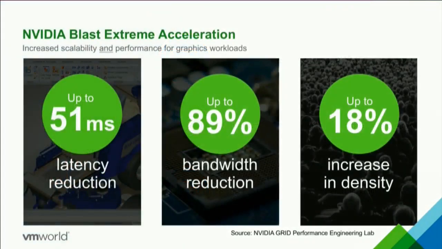Which is why I like to refer to this slide as the "and" slide. A lot of times you look at optimizations and they tend to come with "ors." You can do this or you can do that. But when we worked with the Horizon team and incorporated NVN code, we really were hitting across an entire front of things so that you could deliver a reduction in latency and a reduction in bandwidth, all of which equal an improvement in scalability.